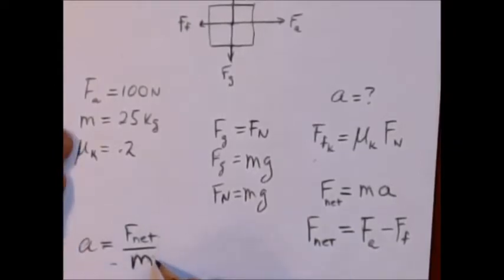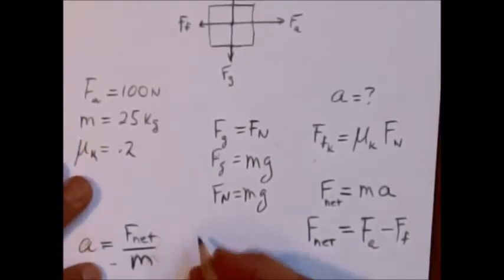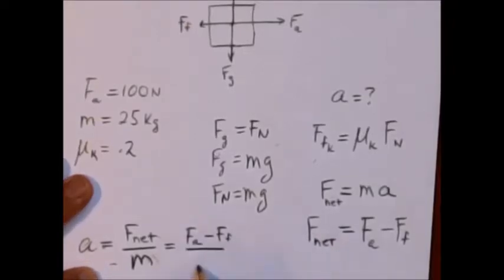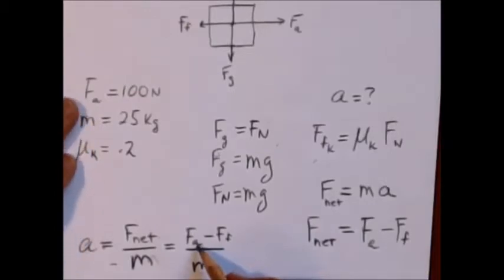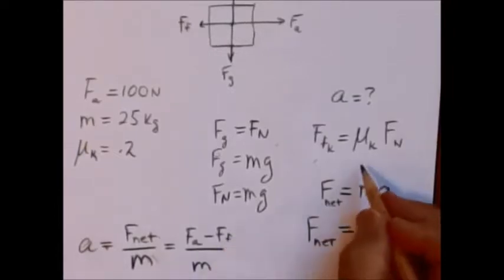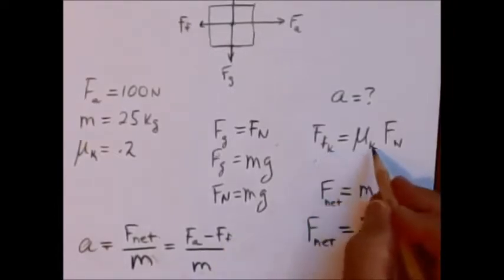Okay, well, we know what the mass is, but we don't know what F net is. Well, we do know that F net is equal to FA minus FF, all over M. Okay, we know what FA is, but we don't know what FF is. But we do know that FF is